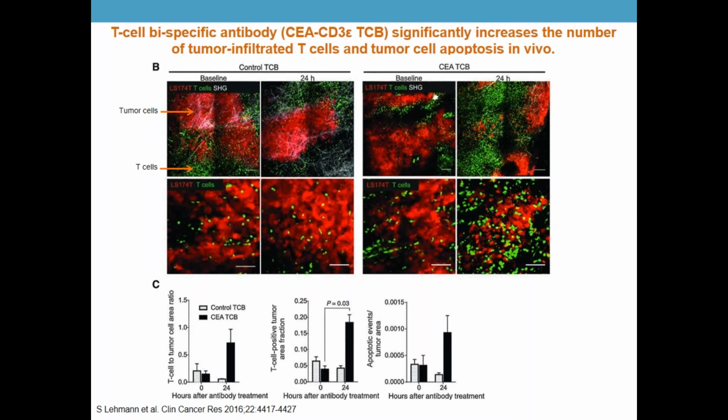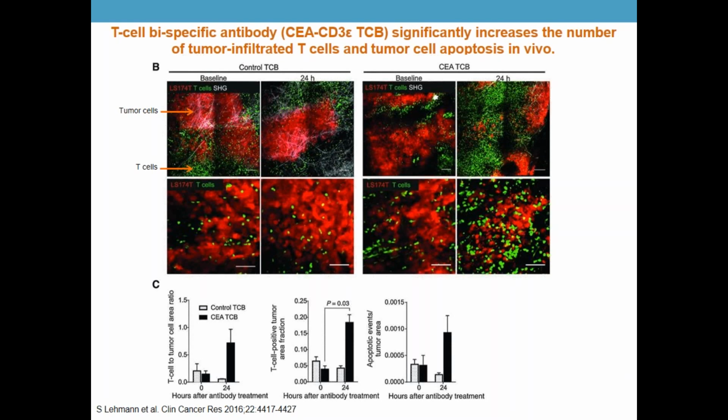And the other end of this antibody hooks to CD3 epsilon, which is part of the T-cell receptor. So it binds the cell having the targeted antigen to the T-cell and enhances the